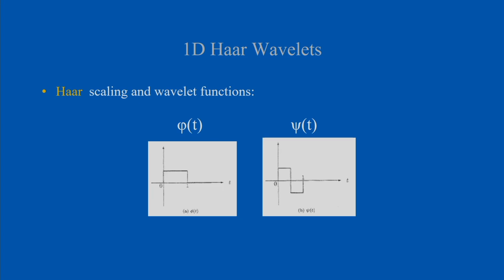And this is the Haar wavelet I am showing. So by considering the Haar wavelet, I can determine the approximate component and the detailed component. By using this wavelet, Haar wavelet, I can determine the approximate value. Approximate means average value I can determine. And by using this wavelet function, I can determine the detailed information. That is the difference I can determine. So the first one is for computing the average. The second one is for computing the details.